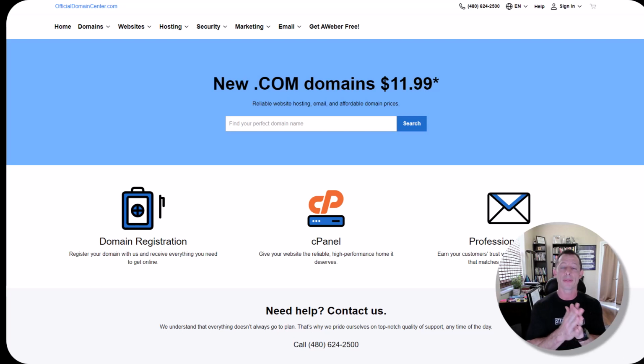A lot of you have Zoom rooms and you want to set up a domain name that can redirect to a Zoom room. Like we know Tina does that with her Zoom, and a lot of other people are doing Zoom rooms. And so let me show you exactly how to forward a domain name. Now, there are some things you need to be aware of. There is a wrong way to do this. I'm going to show you what not to do. I'm going to show you the right way to do it.